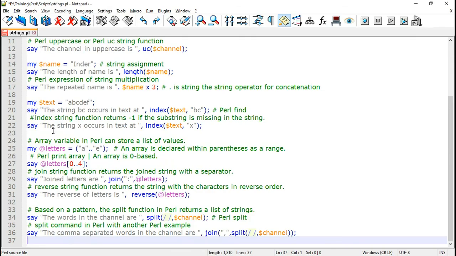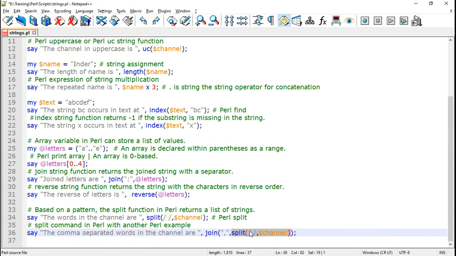Now let us see the split command in Perl with another Perl example. Here we are going to use split along with join. So first it is a split, the same channel variable which has the value software and testing training, and that is going to be split by space. And once it is split, we can join it with a separator.